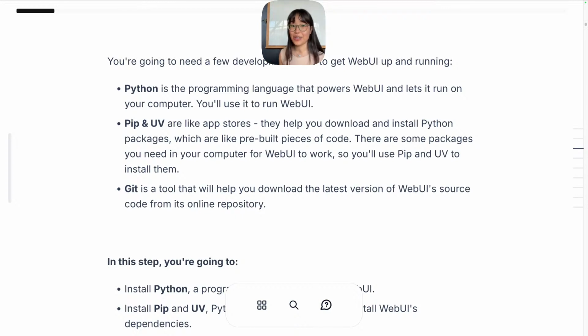Next are pip and UV. These 2 are called package managers, but you can really think of them as like app stores, but Python app stores. WebUI uses these pre-built pieces of code, okay? And these pre-built pieces of code are code that you need to download separately from the WebUI code itself. So you've got your WebUI code, and it says, hey, in order to run me, you also need to download some other pre-built piece of code that's available in the Python app store. So you need to go to pip and UV to say, hey, I need some pre-built pieces of code in order to run WebUI, and you need to download them from pip and UV. So we're going to need to install Python and make sure we have these app stores available on our computer as well,